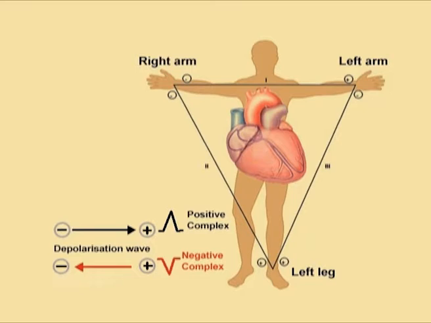If a wave front of depolarization travels towards the electrode attached to the positive input terminal of the ECG amplifier and away from the electrode attached to the negative terminal, a positive deflection will result, as you can see over here. Also, if the wave front travels from the positive towards the negative terminal, a negative deflection is seen, as you can see here in the diagram. Now, if the wave front is travelling in a direction perpendicular to the line joining both the leads, the deflection is biphasic, so there will not be any deflection recorded.